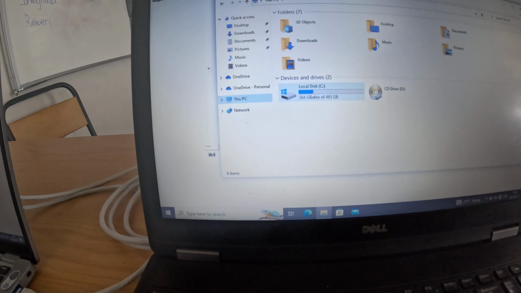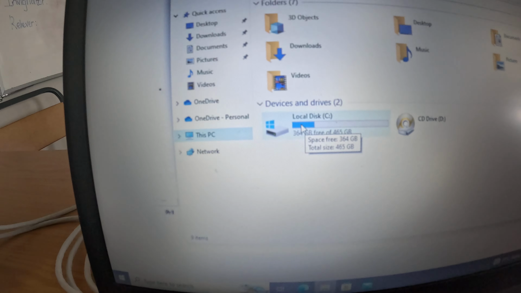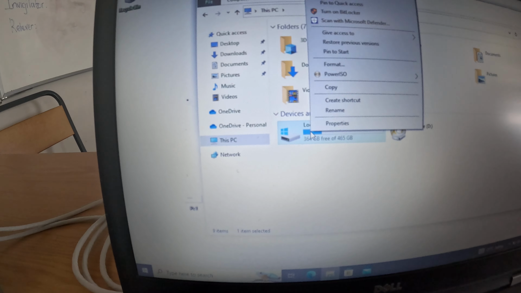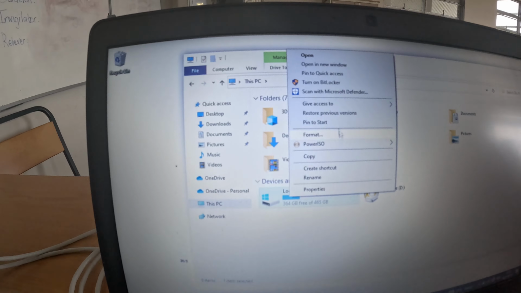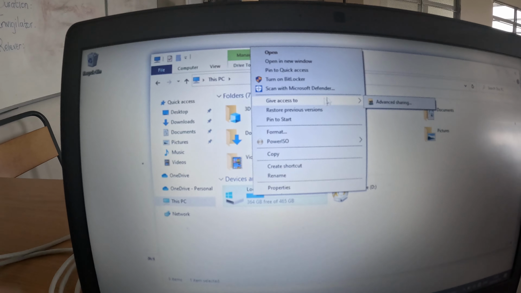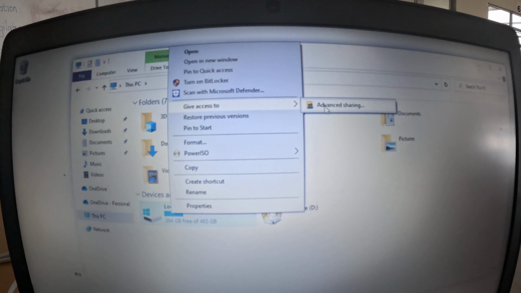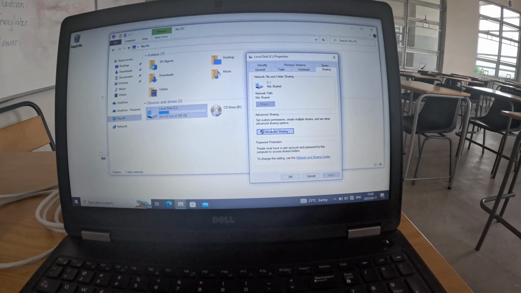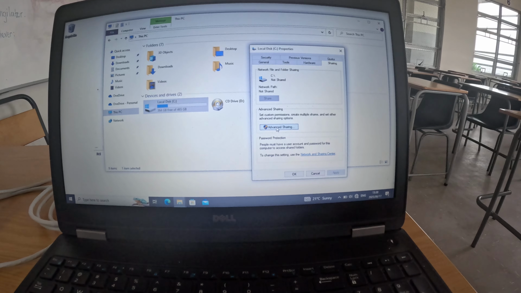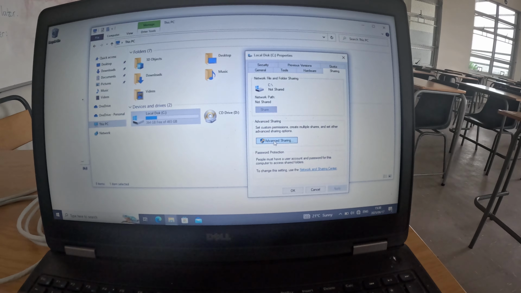Then I'm going to select the C drive. So I'm going to right click on it. I'm going to go to give access to advanced sharing. So I'm going to say advanced sharing,